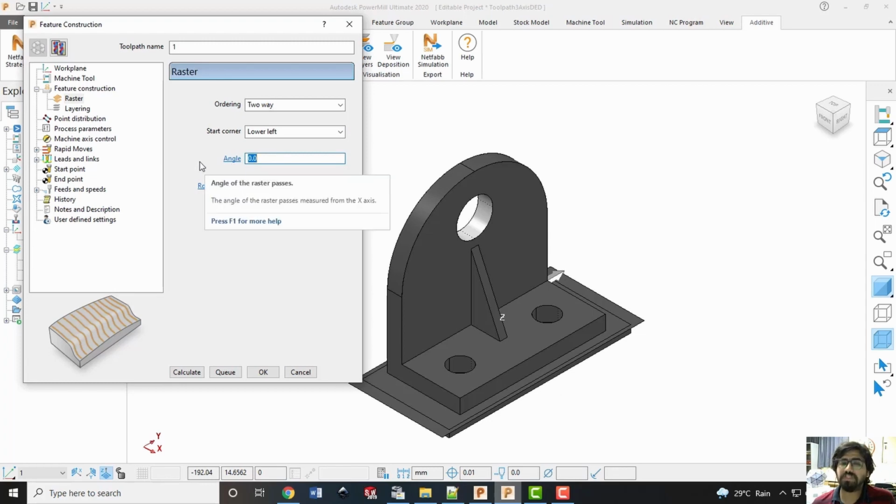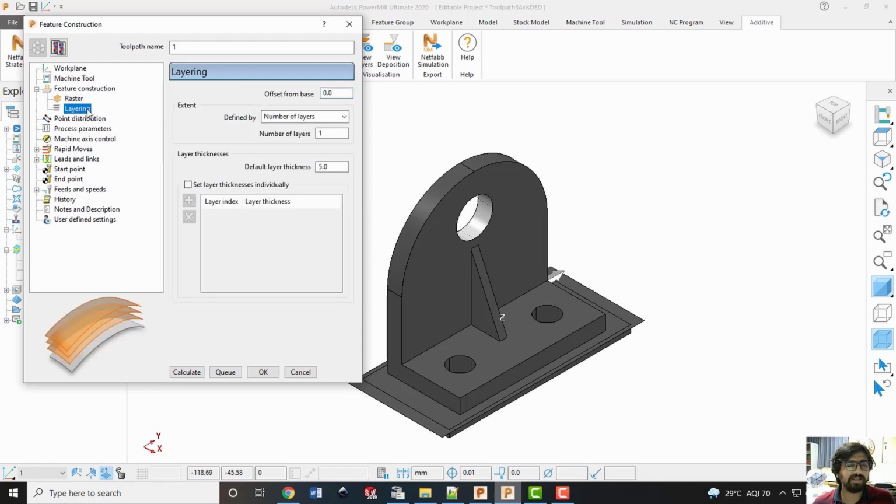Then the angle of the raster, let us assume it to be 45 degree. So it will deposit the material at a 45 degree angle in the xy plane. Rotation angle gives the rotation angle for each subsequent slice. If I say rotation angle as 10 degree, it means in the first plane, it will deposit the material at 45 degree angle, and then in the next plane, it will deposit at 55 degree angle, and then next 65 degrees, and so on. It will keep on changing the angle by adding 10 degree. So let us now consider these options for deposition.